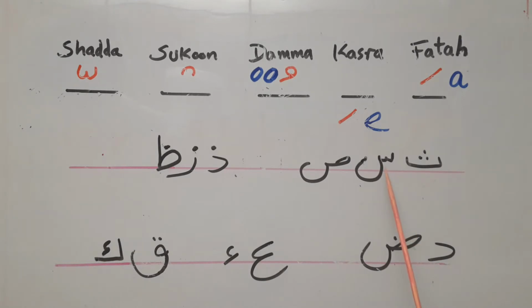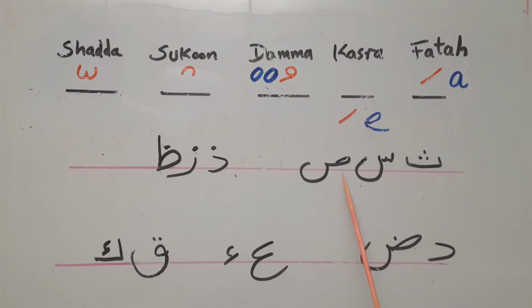Seen. I'm just exaggerating a little bit to show you. With the sod, although they come from the same point of exit, both seen and sod, the sod is a heavy letter, and so you have to lift the back of your tongue towards your palate to say that. So this is sod, okay, seen, sod, tha,